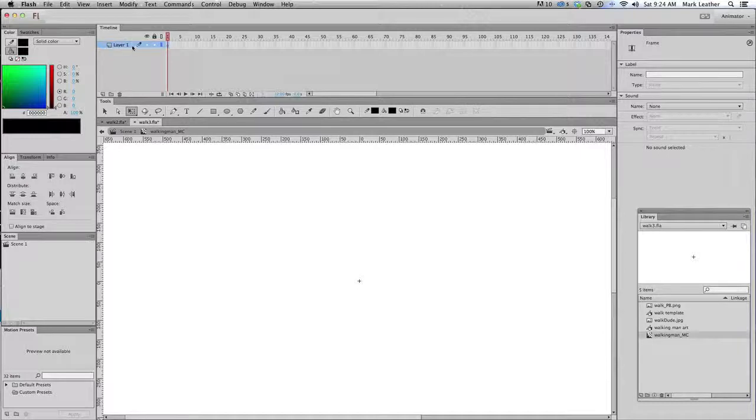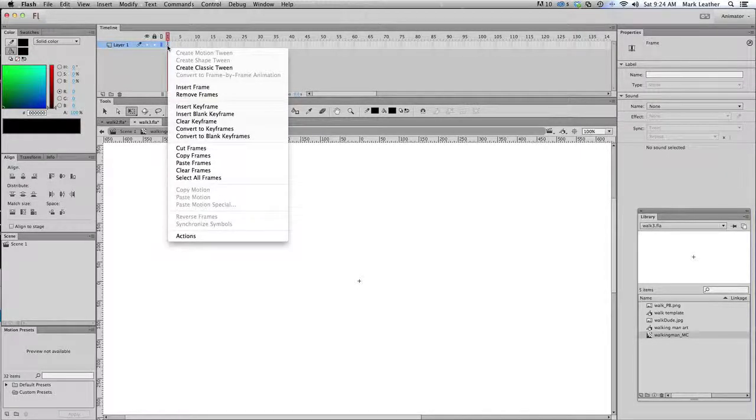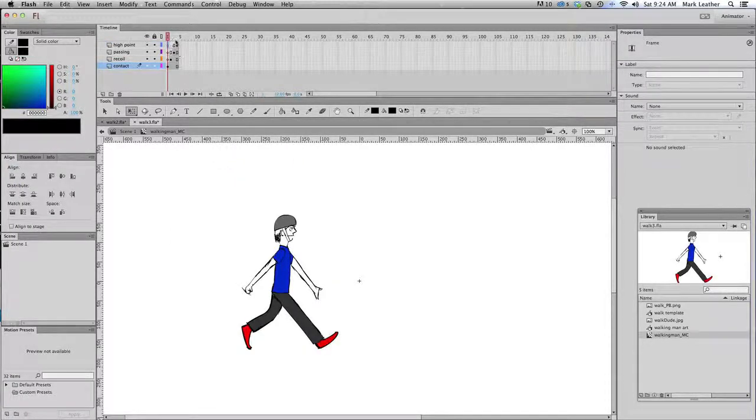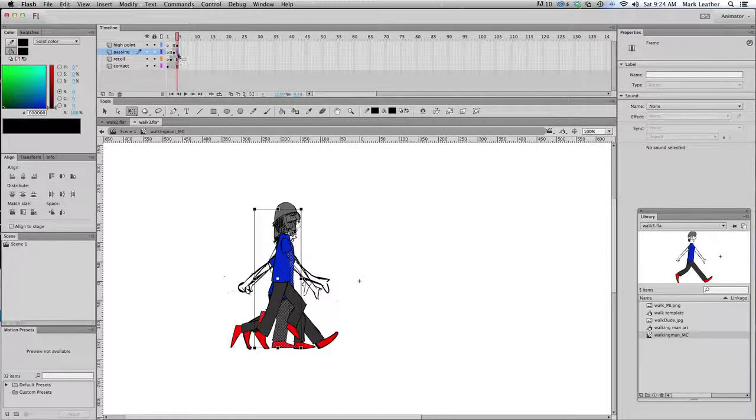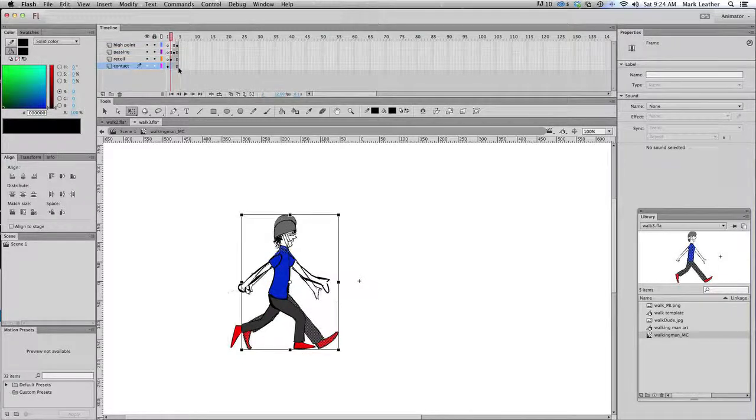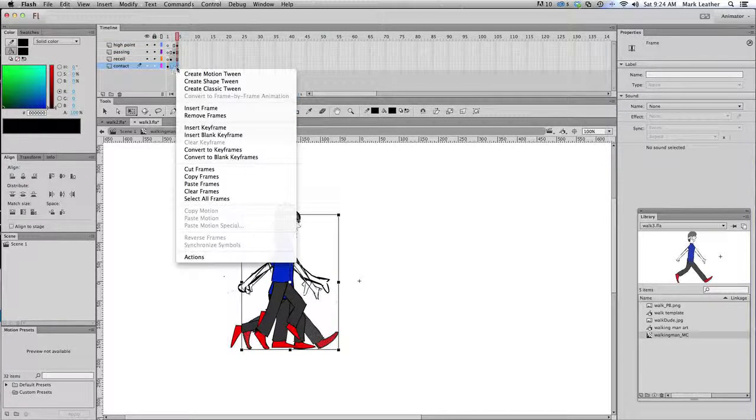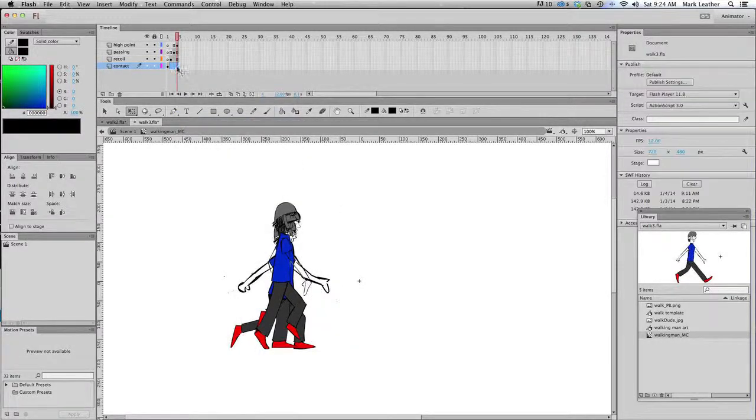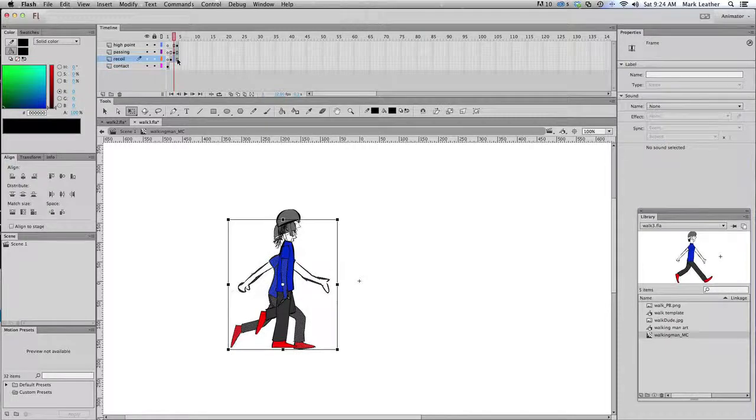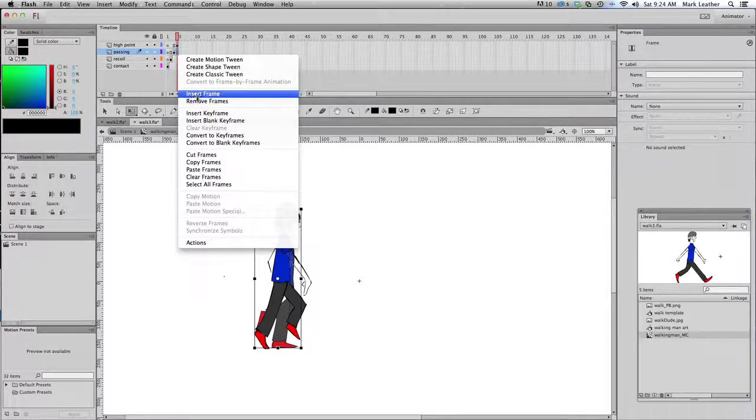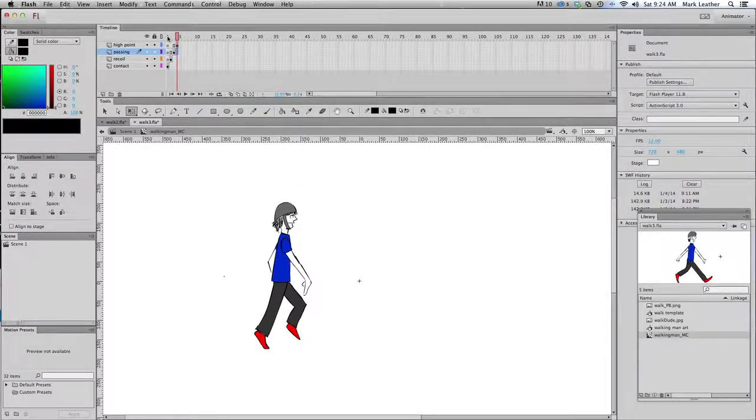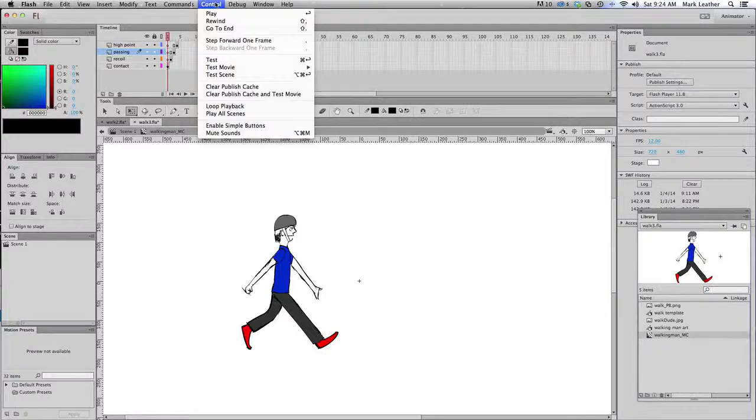So I go to the first frame in the timeline. I right-click again, and when I paste frames, it pastes all of the frames where they need to be. I can see I've pasted frames that I don't need in here, so I will get rid of those just by removing frames. And I'll remove that frame too. All right, so now I have this nice